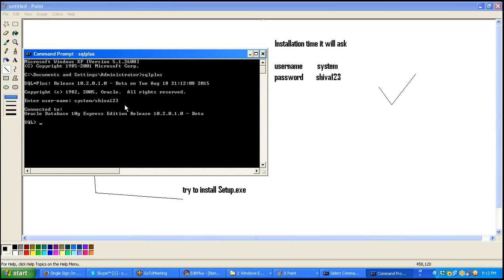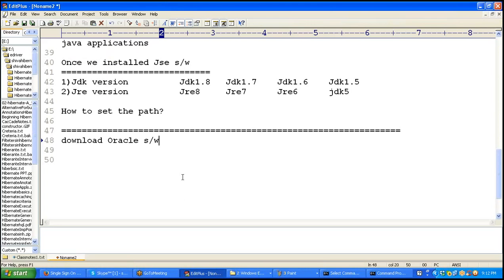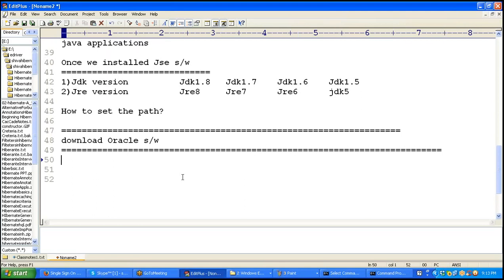Then assume that it is perfectly installed, right? Then you can install Oracle software like this. Once Oracle software is installed, try to recap your SQL knowledge. If you don't have knowledge, let me know personally, then I can guide you on how to learn SQL the easiest way. Once installation is completed, guys,